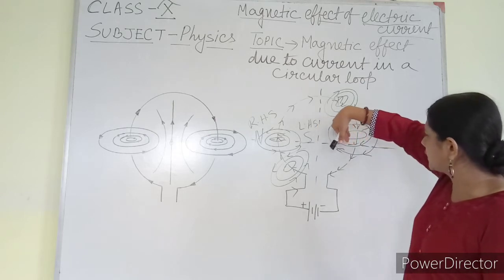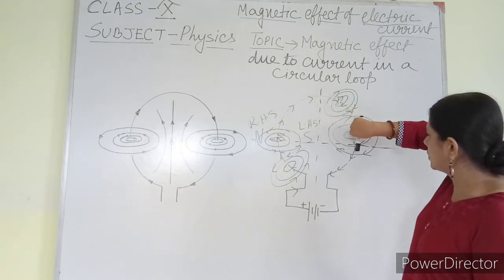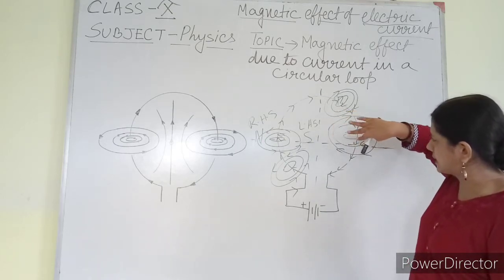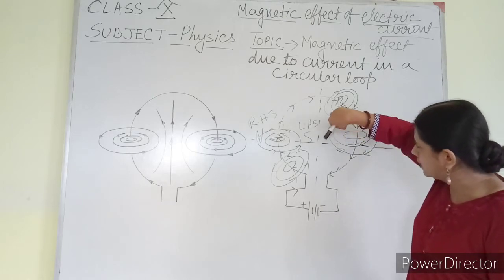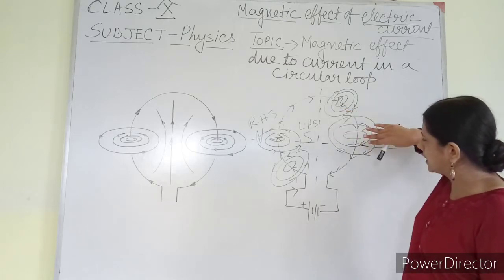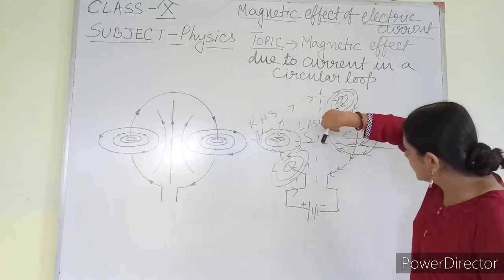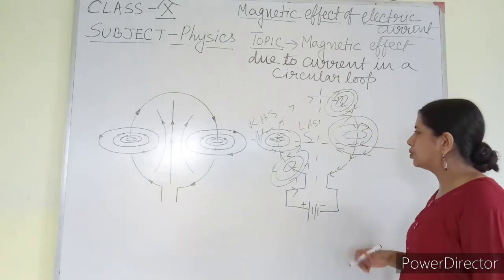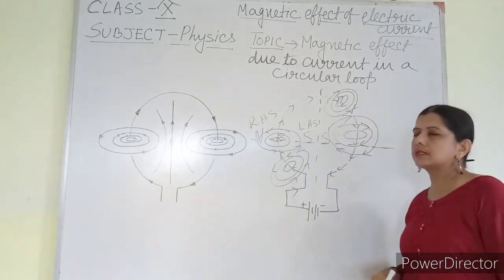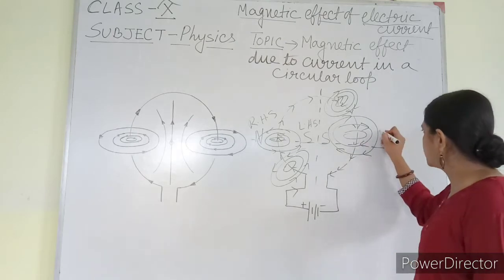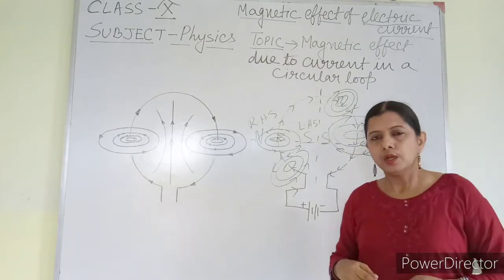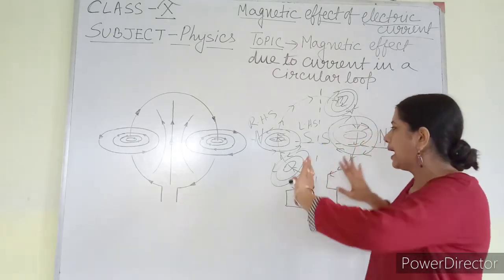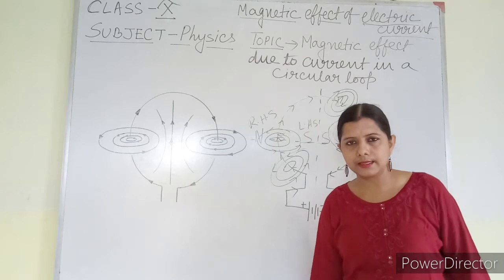So you have to find out where it is going inward and where it is going outward. At this center portion my fingers are going inward. As it is going inward, again this portion is south pole. And if this is south pole, then this one is north pole. So what I got is that at the center south pole is created and at the side north pole is created.